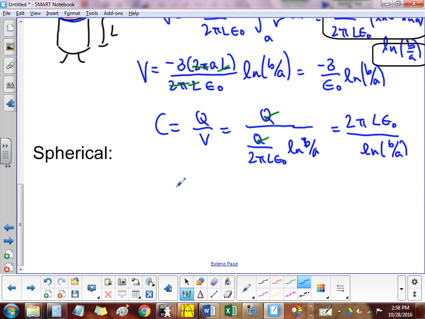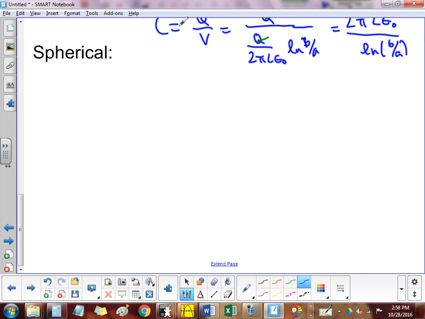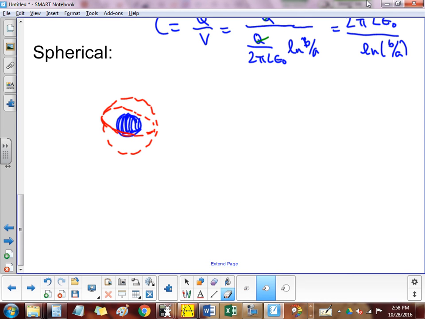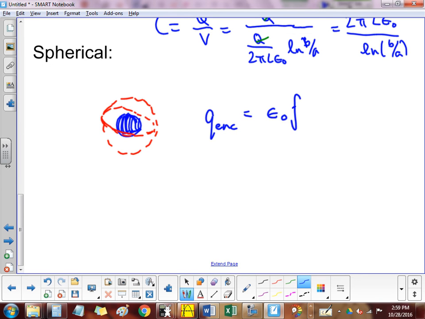Okay, the spherical case is actually, you'd think it's like really complicated, right? But actually, if you remember, the spherical case is the simplest of all cases because we treat spheres as point charges. So if you draw a Gaussian surface around this, it might as well be a Gaussian sphere. And that Gaussian sphere, the charge enclosed on our spherical plate should equal epsilon naught times the closed integral of E dot dA,